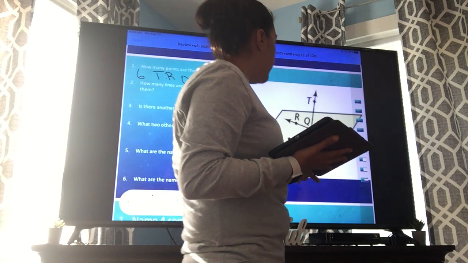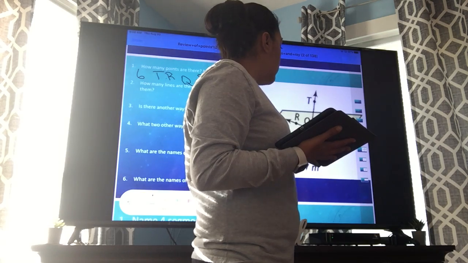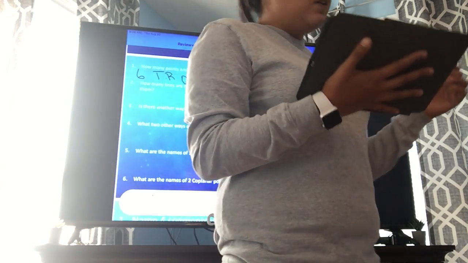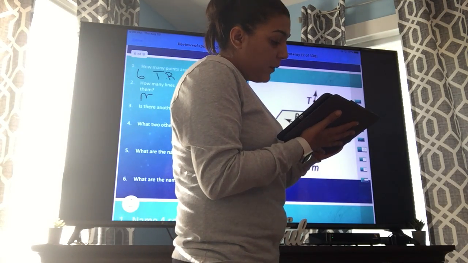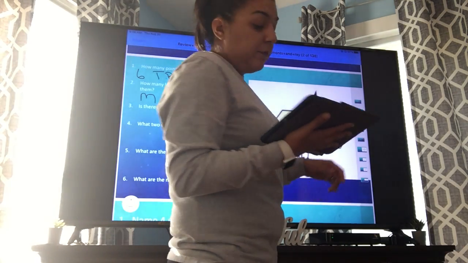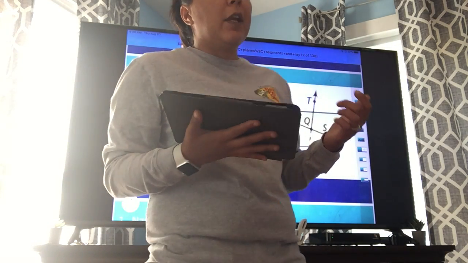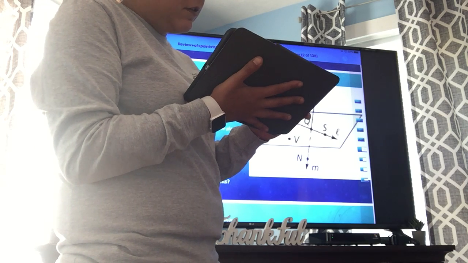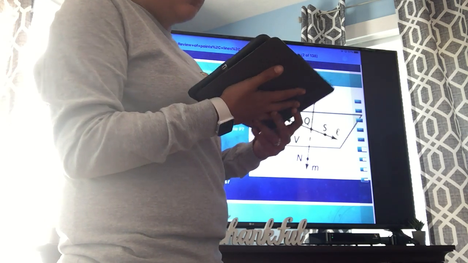Almost all of them have either just a single lowercase letter name, or you can use the two uppercase points with an indicator. Okay, so I'm going to name this line that's going up and down m, and just for giggles, I'm going to name the other one RQ. And if you use the two uppercase letters, then it needs to be capitalized, and it should have this indicator above it showing that it's a line. Okay, so